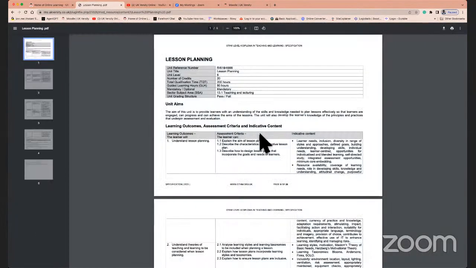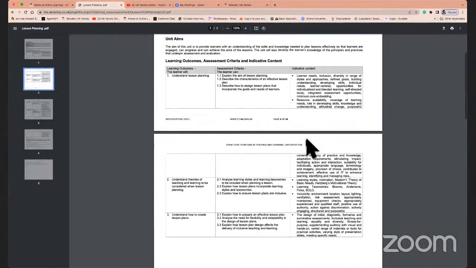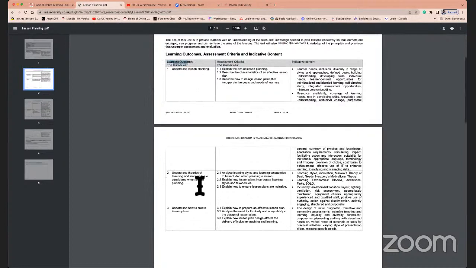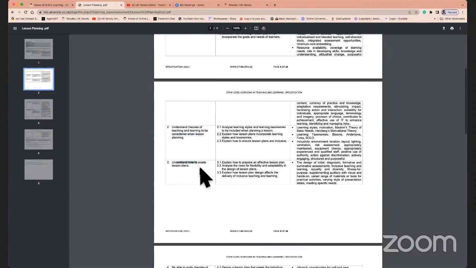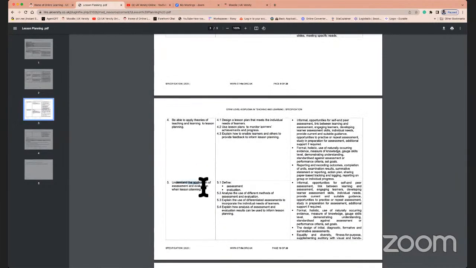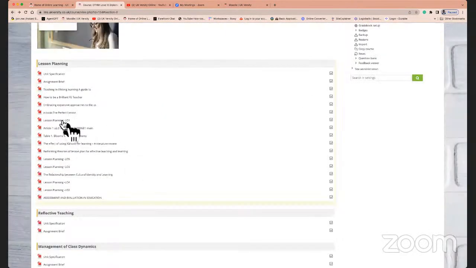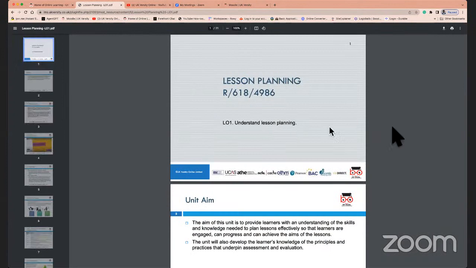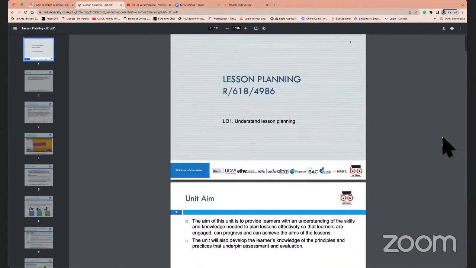Now, after the books, what you're going to see is that we don't teach and deliver the unit in one go. So if you see this particular unit, the first one is broken down into 5 learning outcomes. So there is learning outcome 1, 2, 3, 4, and 5. Essentially, depending on the number of learning outcomes in your unit, you'll have that many presentations, each focused specifically on one learning outcome.